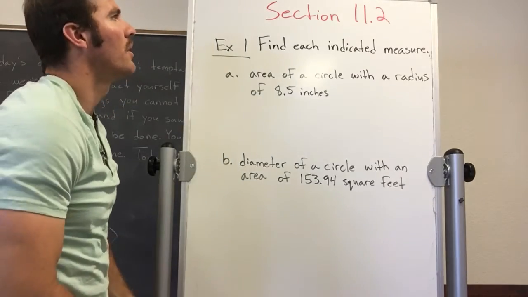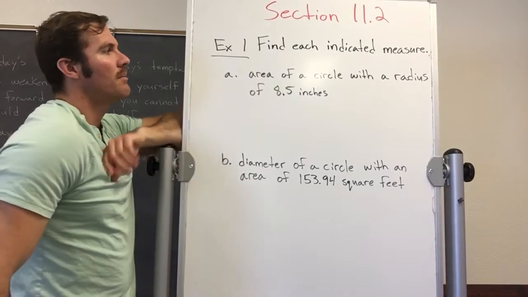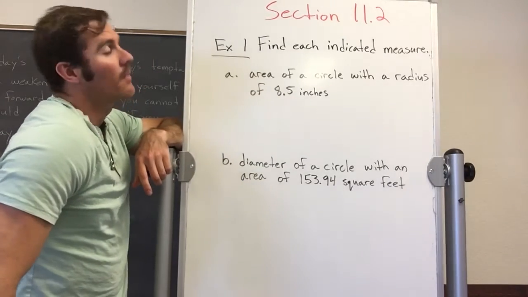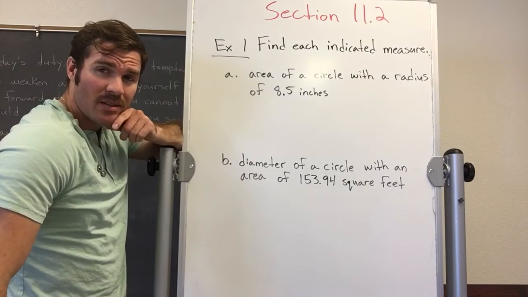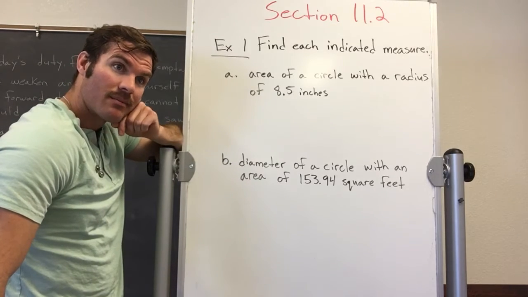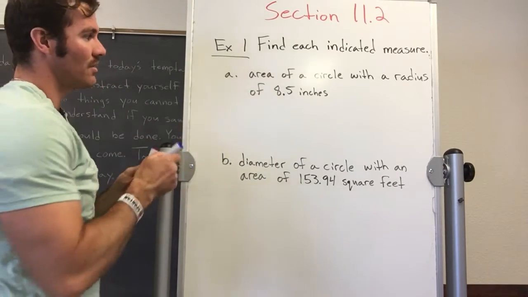Alrighty, here we go. Section 11.2, example 1. Find each indicated measure. Part A, area of a circle with a radius of 8.5 inches. So obviously we're using the core concept that's been right before this, which is area of a circle. And the area of a circle